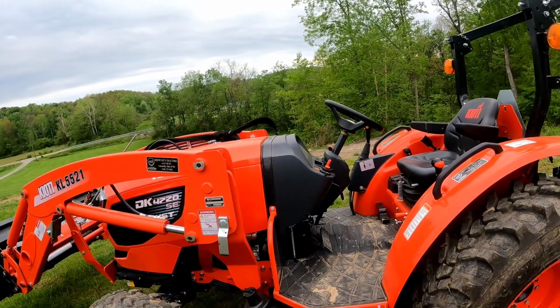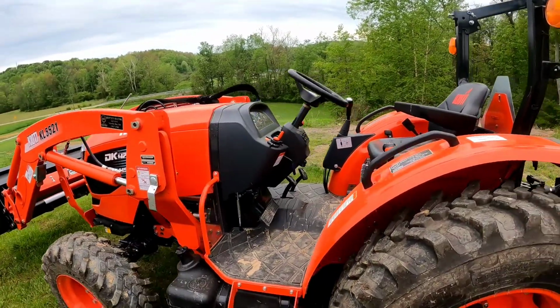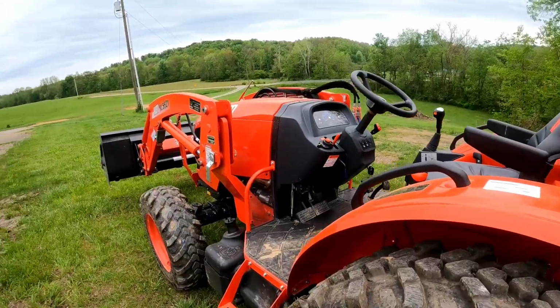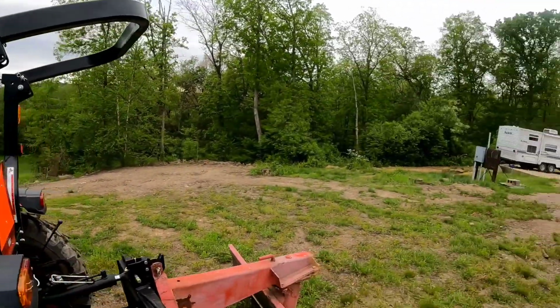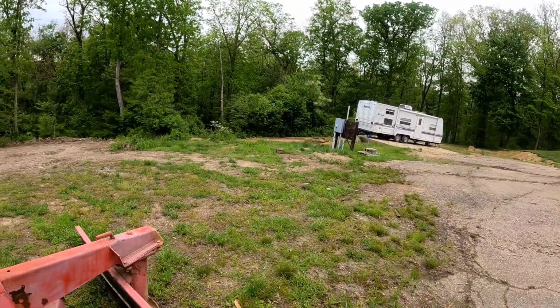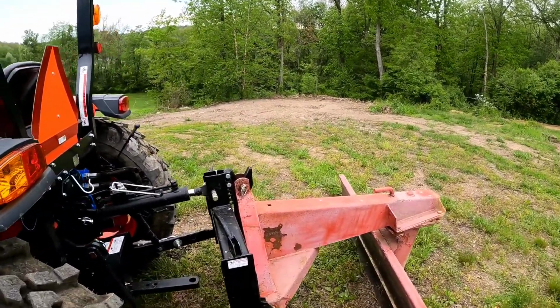It don't really use a lot of fuel unless you're bush hogging. If you're bush hogging, it'll use fuel, I promise you that. But if you're just moving dirt and just tramming around back and forth, and because I fixed my ditch line over on my driveway over there, and then I've been moving a bunch of dirt back behind Kagan's camper and stuff, scraping stuff off to where I could start putting it down, packing it, and I got to figure out how I'm gonna pack it, and that's a whole other conversation. But